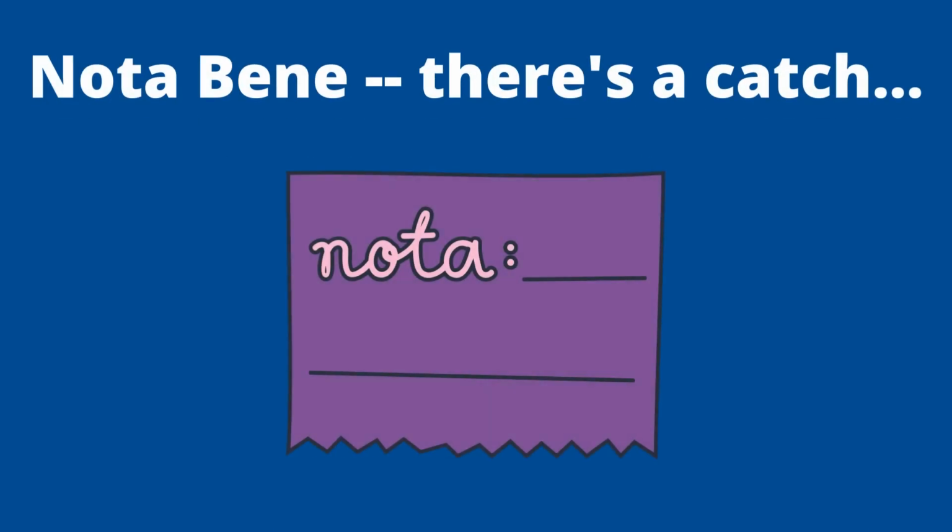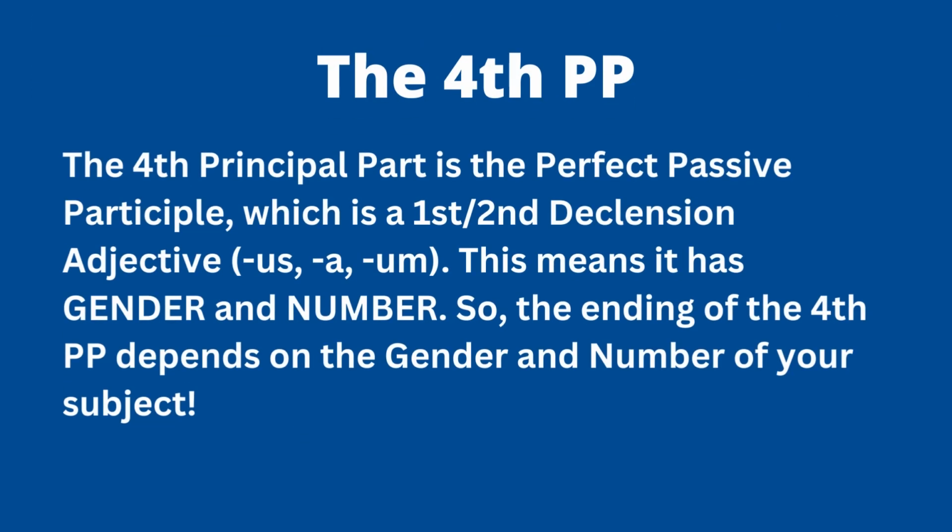One thing you want to note, though, there is a catch, or at least something you want to think about. We've spoken about this before, but it's definitely worth noting and keeping track of. Since we're dealing with fourth principal parts, you have adjective endings. The fourth principal part is an adjective. It's a first and second declension adjective, to be specific, the participle. So since it's using adjective endings, you have to deal with gender and number. We've spoken about this before when we did perfect tense, but it's really important. The gender and number of your fourth principal part needs to match your subject. So whatever the gender and number of your subject is, that's going to match when you're dealing with the fourth principal part. So you have to think a little bit and change how you spell it depending on who the subject is.